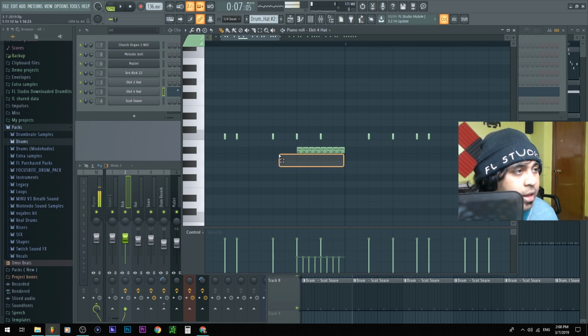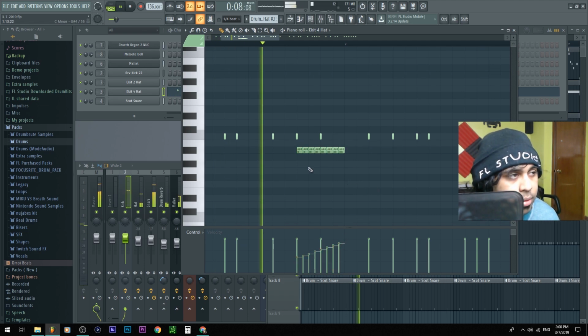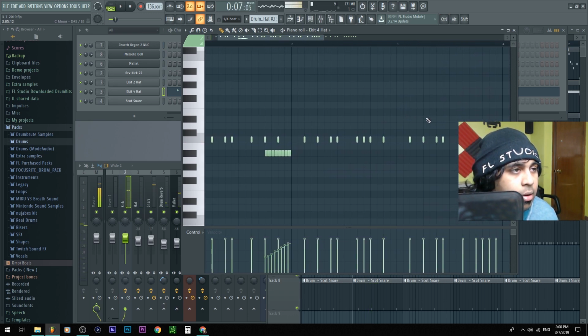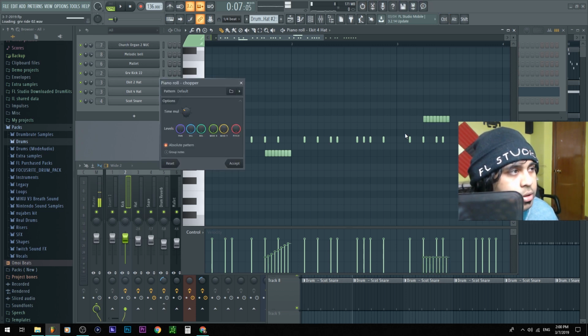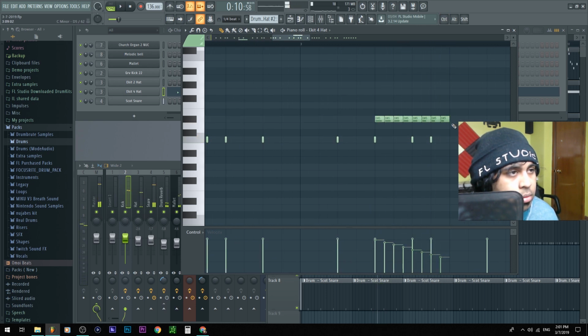We could highlight this, right click down here and bring this up like this so it's like a gradual. And same thing here, we could do something like that. Oops. That was Control U, Alt U I wanted to do. There you go. And how about we do the opposite here? Yeah, something simple like that.